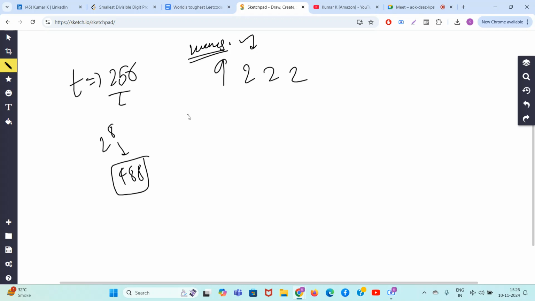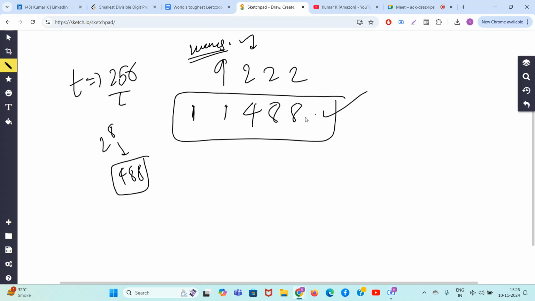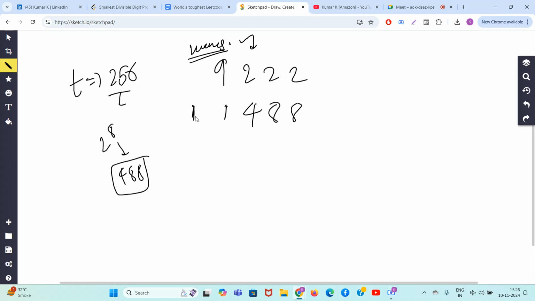Obviously, there is one simple solution, guys. If nothing works, you can always do this, right? 488 and just write ones until it becomes bigger. This is correct, na? 488, then 1, 1. This has become bigger than this, and smallest also, because you're adding 1 at the start. But can there be a better solution than this? If nothing works, obviously that is the answer. That's the corner case. But now,